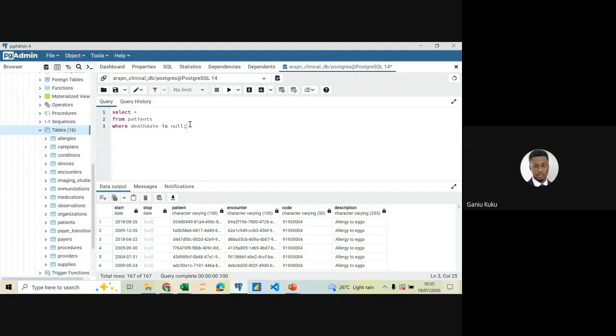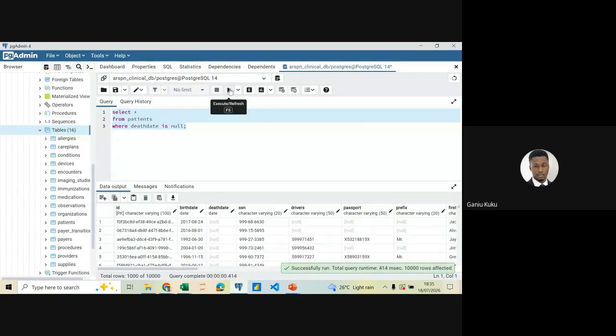It's null. So this one should return all. These are all patients that are still alive, since we know that their death date is what is null, that means they are still alive. Or maybe they've not recorded the data in it. So